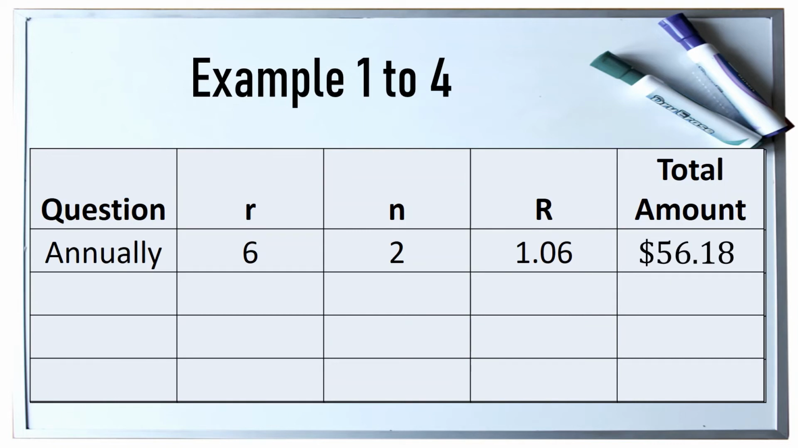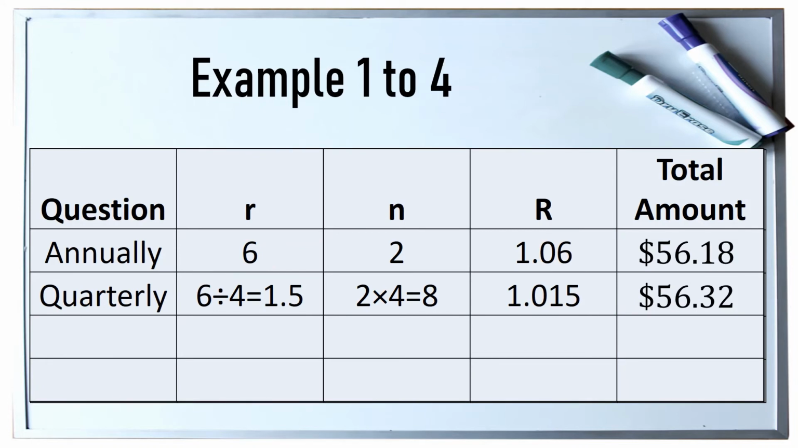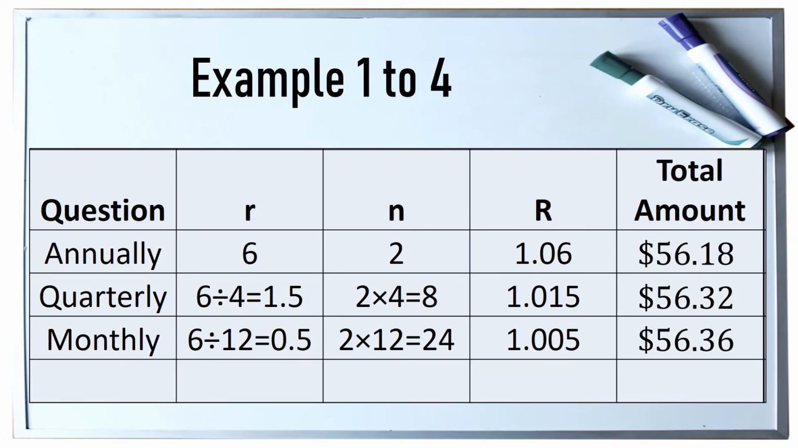Let's summarize questions 1 to 4 in a table. So for our first question, which was annually, the R was 6, the N was 2, the capital R was 1.06, and the total amount was $56.18. When we went to quarterly, our lowercase r we divided by 4, N we multiplied by 4, and we got a capital R of 1.015, and we got $56.32. When it came to monthly, we divided the lowercase r by 12, we multiplied n by 12, and our capital R ended up being 1.005, and we got an answer of